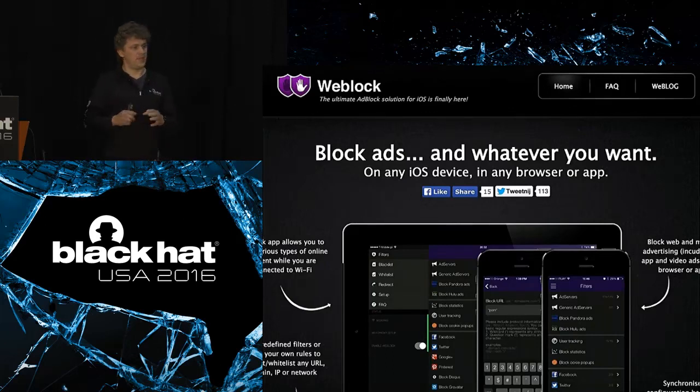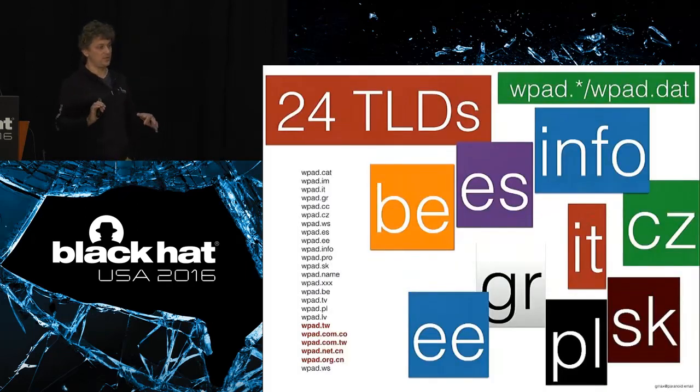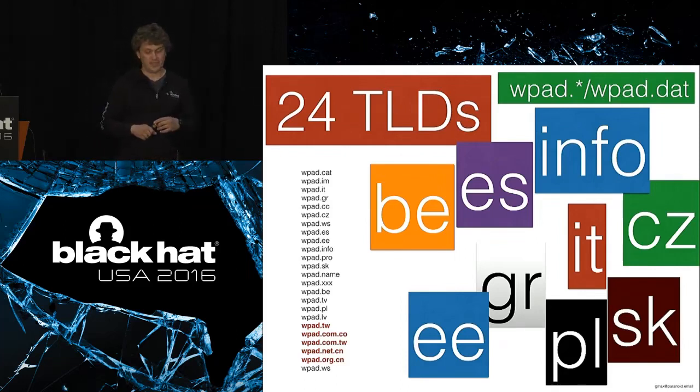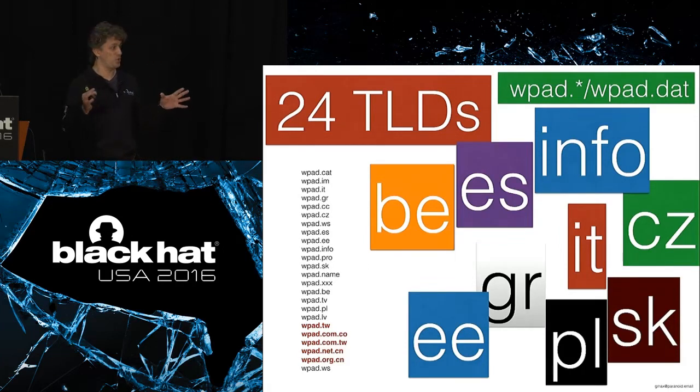They use exactly the same technology for WPAD propagation, so they provide customers with a WPAD.dat file, and in this file they write rules about which domain names to ignore when people try to access them from iOS, for example. But I also found out that this company owns a lot of domain names, which is really strange, for example from Belgium, Spain, Greece, Poland, Czech Republic, Italy. I was quite surprised by that. The company also runs a server with the WPAD.dat file with really tricky regular expression things inside.